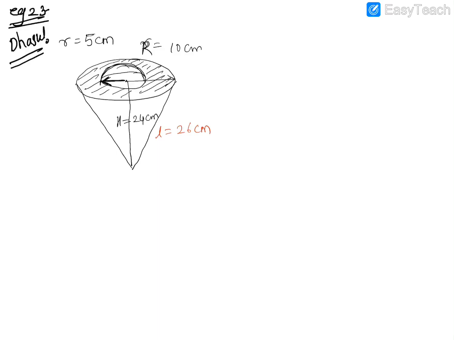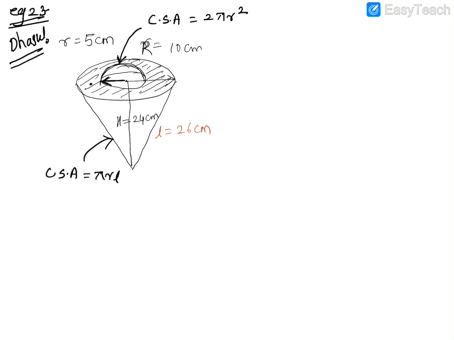It's a little difficult now. First, let's see if you're holding this cone in your hand. So you'll be doing the CSA of the cone, which is equal to pi r L. So this will be one thing. Then you'll be doing the CSA of the hemisphere on the top. What is the CSA of a hemisphere on the top? It will be equal to 2 pi r squared.